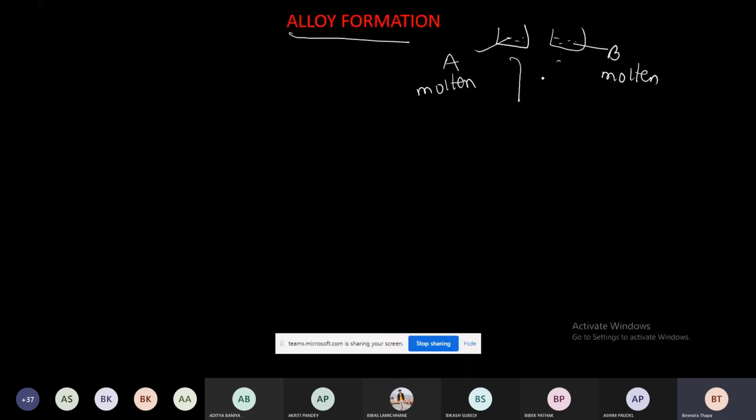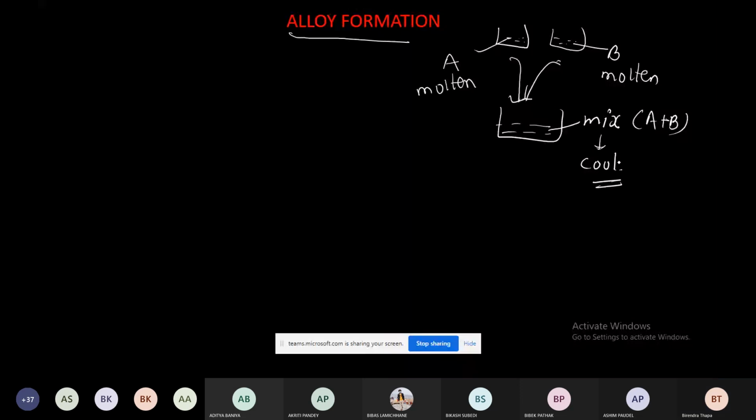If you mix these two molten metals in a single vessel and allow them to cool for some time, then alloys will be formed. If the molten metals are mixed together and allowed to cool for some time, then their alloys are formed. And during alloy formation, the lattice point of one element is replaced by atoms of another element